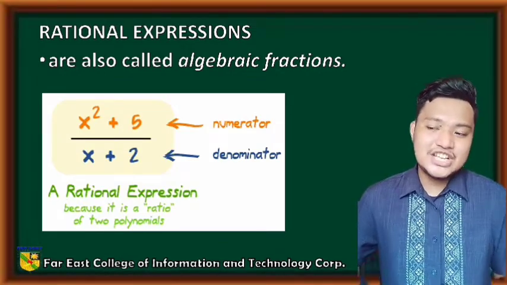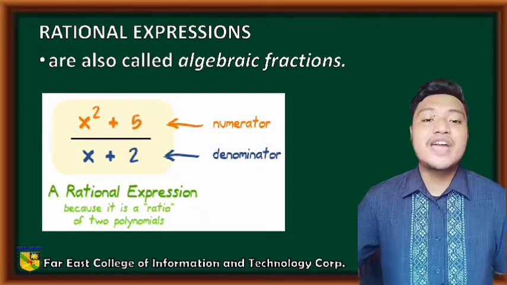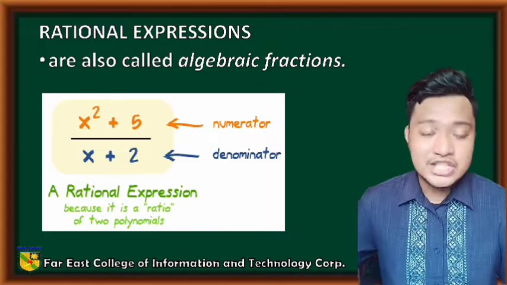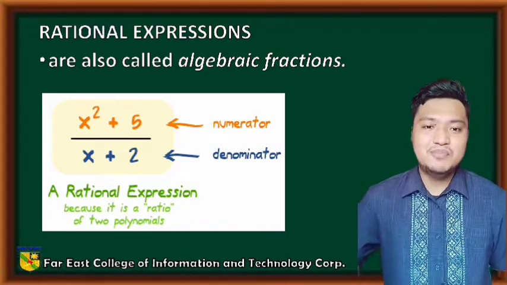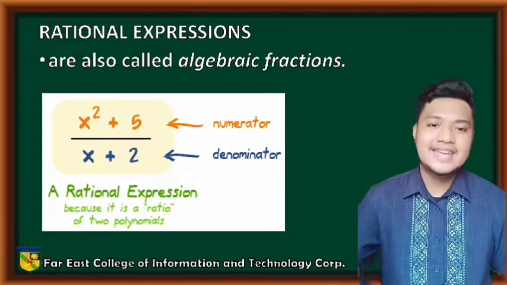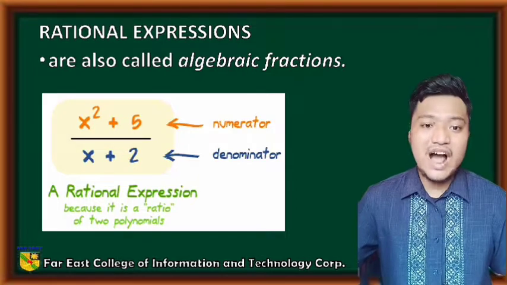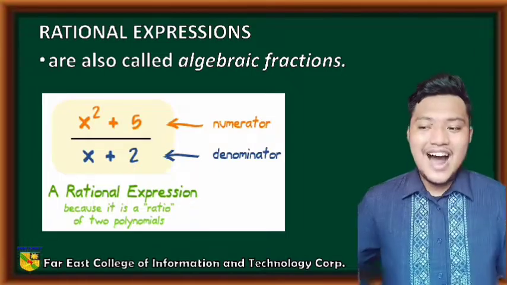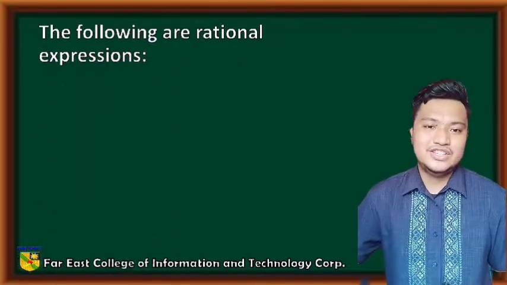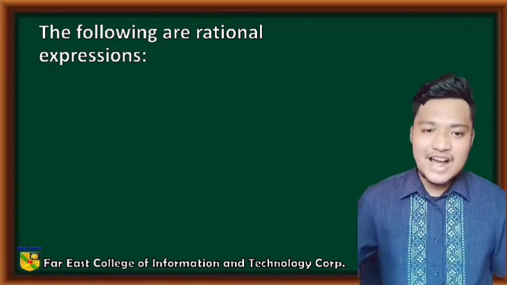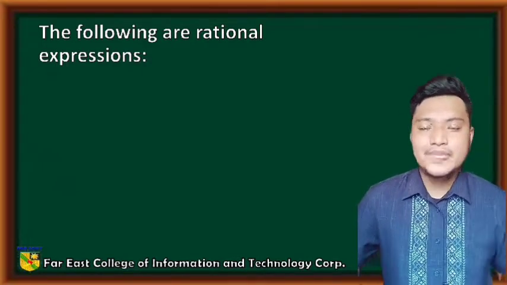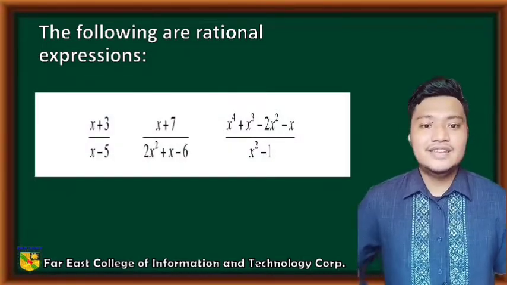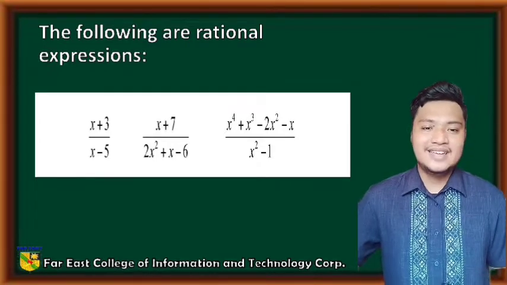The rational expressions are also called algebraic fractions, meaning all of the equations are algebraic. There is x, there is y, and there are exponents. So they are algebraic. Next, the following are rational expressions. So these are examples of rational expressions. The first example is x plus 3 over x minus 5. It is a rational expression. Why? Because